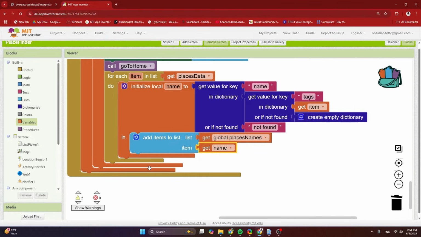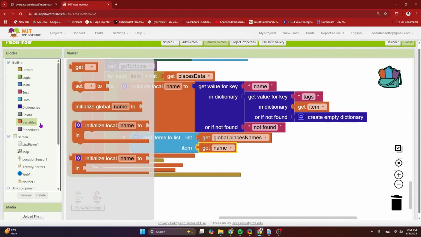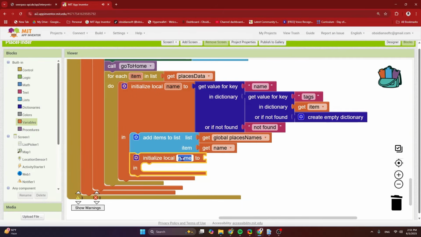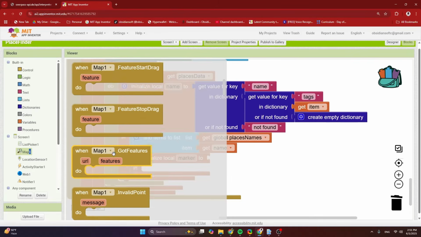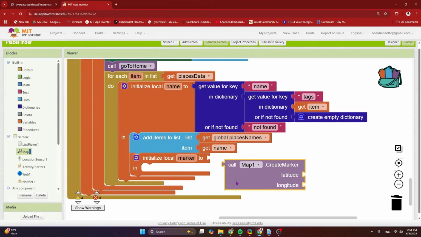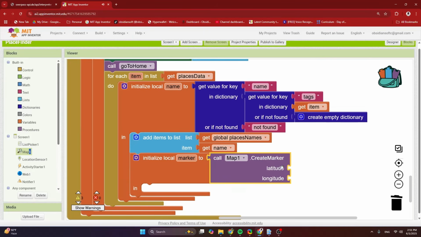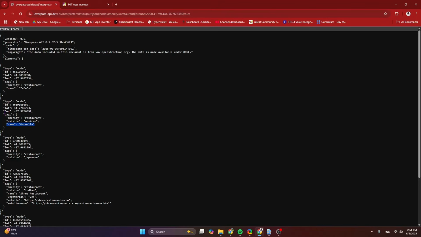And then I am going to add the actual marker. For that I need another local variable, and this is my marker. And again from map I'm going to call my create marker procedure. And what is the latitude now? Remember, our latitude is against the key lat and lon.